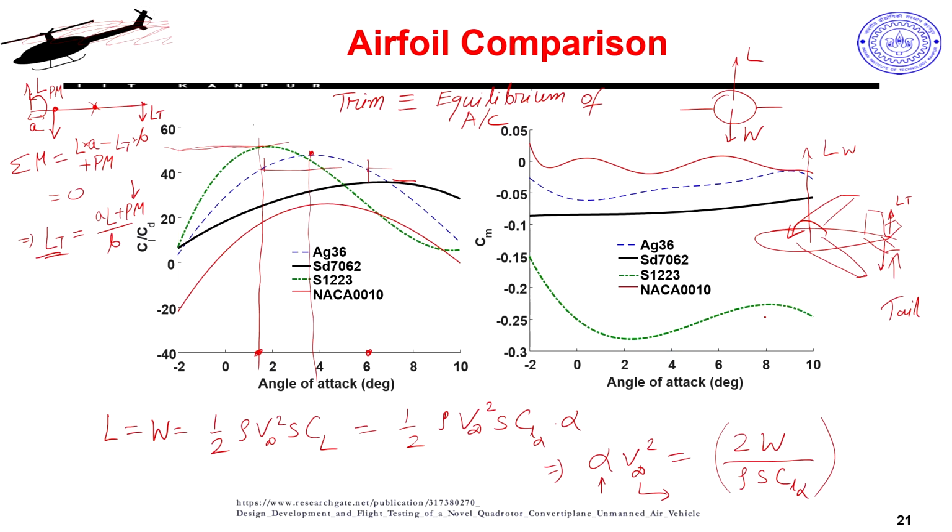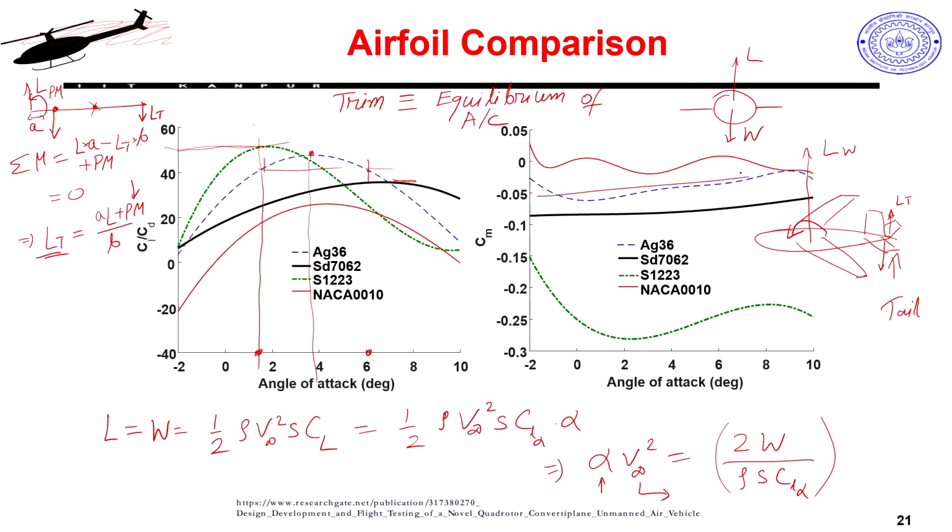So, what it boils down to is that having too high a negative pitching moment is not good, and you can even consider tailless aerial vehicles. For example, you saw our biplane tail-sitter VTOL UAV, it does not have any tail. So, how do I compensate this pitch moment? One option is I will choose an airfoil like this symmetric airfoil which has almost 0 pitch moment. You see this, right.